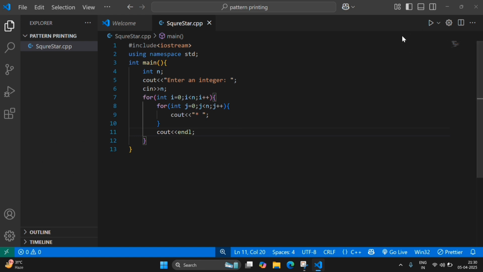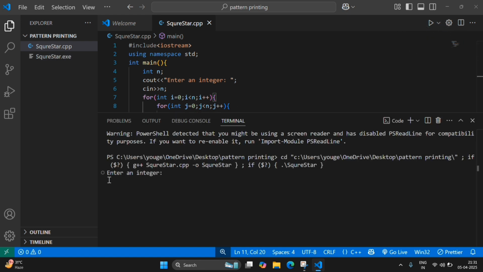Okay, and let's run our code. Here is the run button. The compiler asks you to enter an integer. Here we are entering 5 and pressing enter. We saw that here are 5